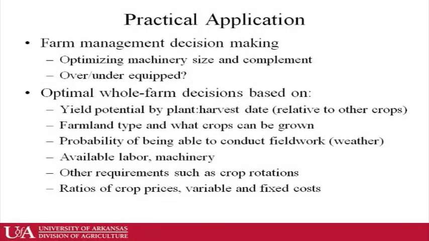The reason this is important for a lot of farms, especially if they're not tied into a one-to-one rotation of rice and soybean, is trying to determine which is the appropriate crop to plant given the time of the year, given the amount of equipment we have. It's not just the yields, but also the ratios of rice to soybean prices, the input costs, and so forth. So the practical application of this from a farm management decision-making standpoint is in optimizing the use of farm machinery, which leads us to the question, are we over-equipped, are we under-equipped for a given number of acres for the given land that we have?